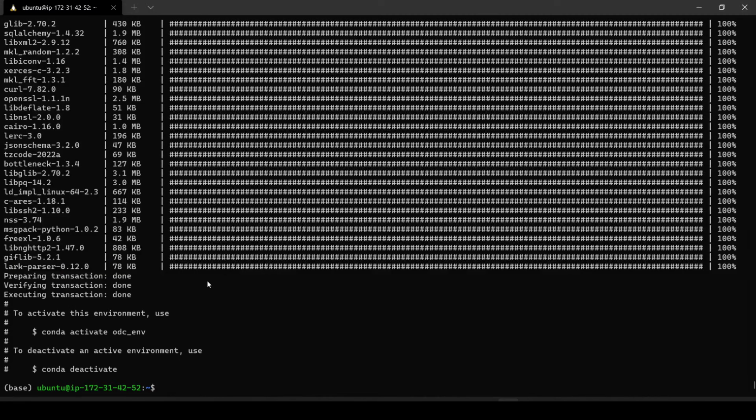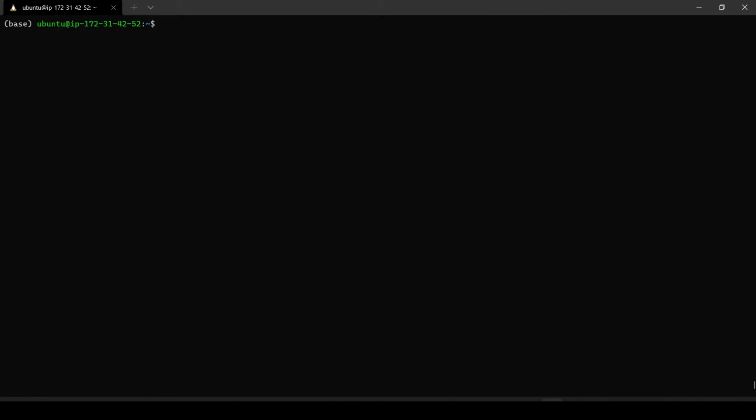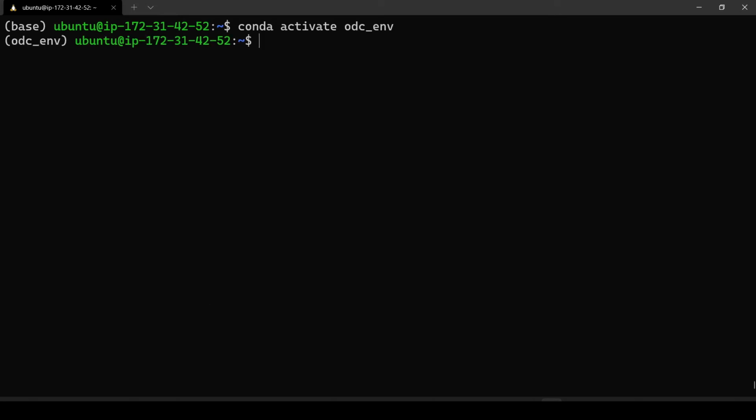Okay, so the environment is created. Now we are just one step closer to indexing our data. We can go ahead and activate our data environment. Let me zoom in. So our environment is active now. Now we can actually type datacube and start the indexing, but before that we just have to create a database to store the data. So to create a database,